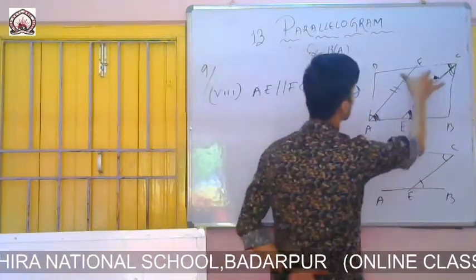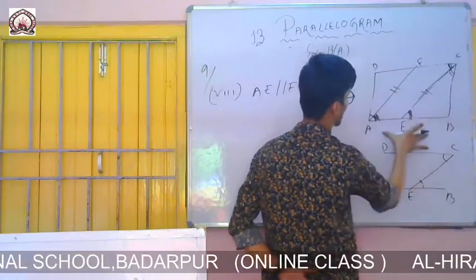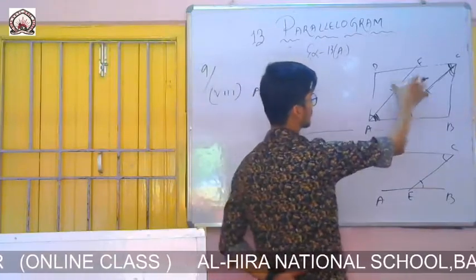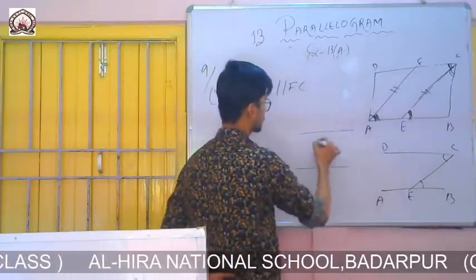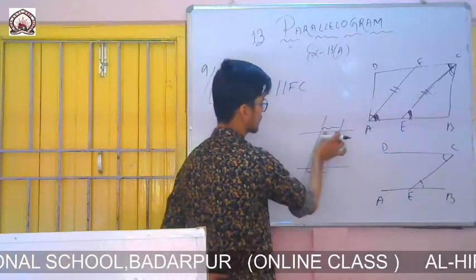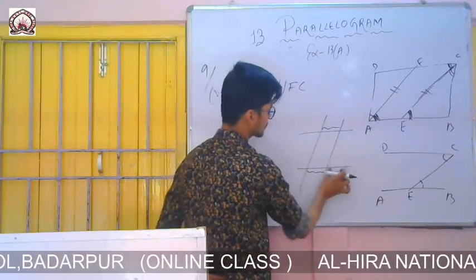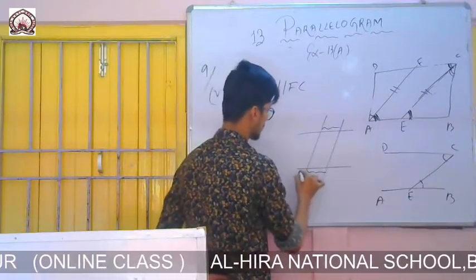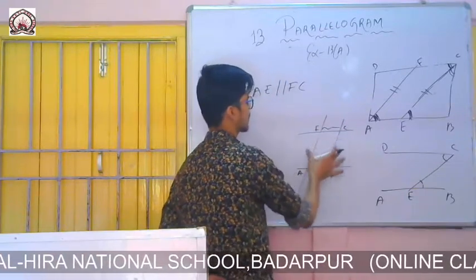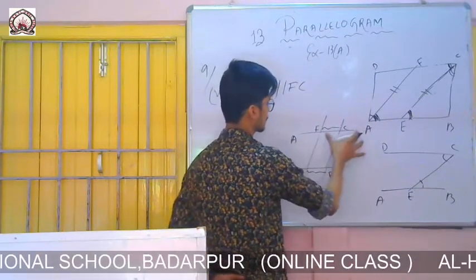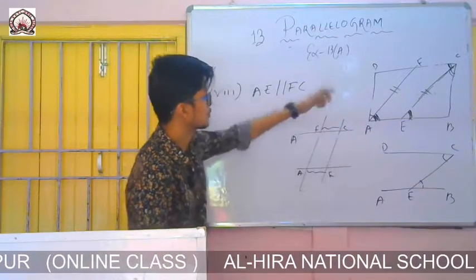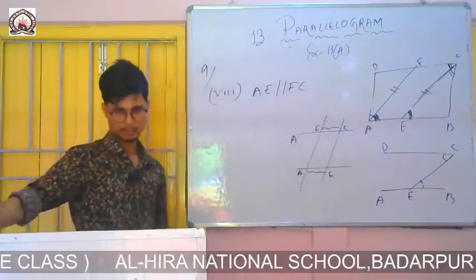Okay, sorry, not this one, you take this one. AB and CD, earlier we have shown that these two lines are parallel. It is a parallelogram, these two lines are parallel, and if these two lines are parallel, then any part of this line will be parallel to the opposite one. This part also will be parallel to this part. The question is written AE parallel to FC. Yes, we can say that these two lines are parallel because this full line AB is parallel to this side. That means a small part of this line will also be parallel to the opposite one.